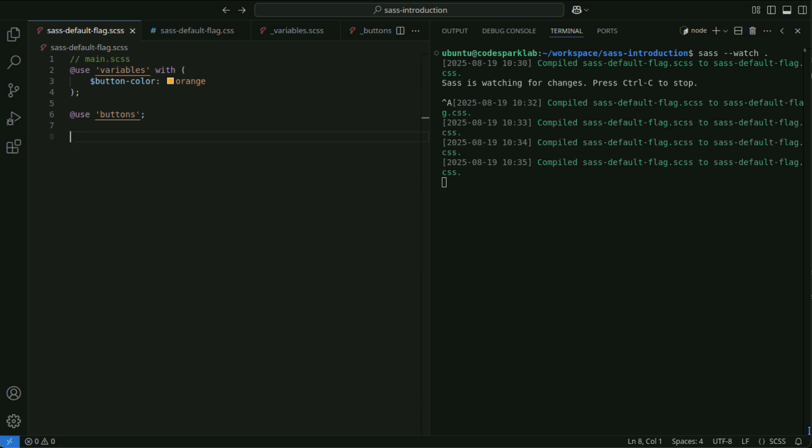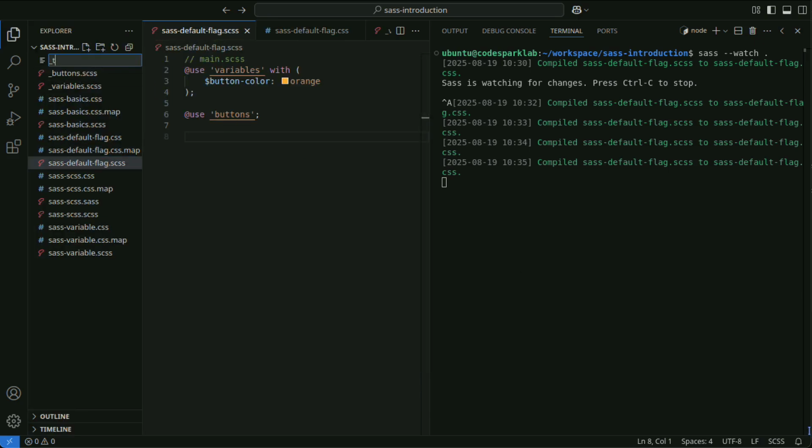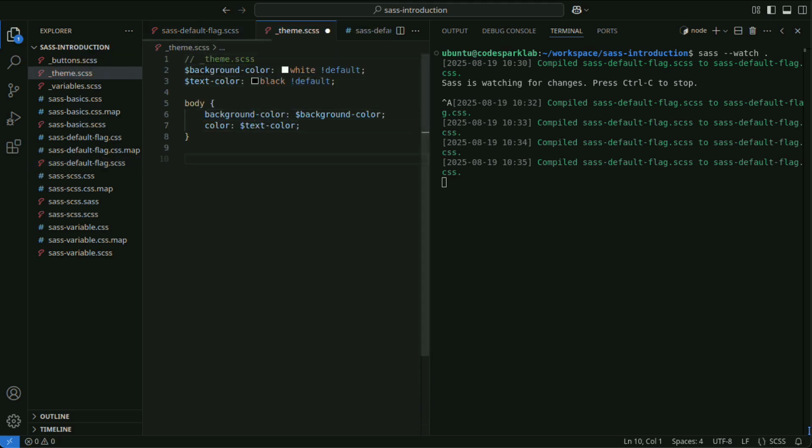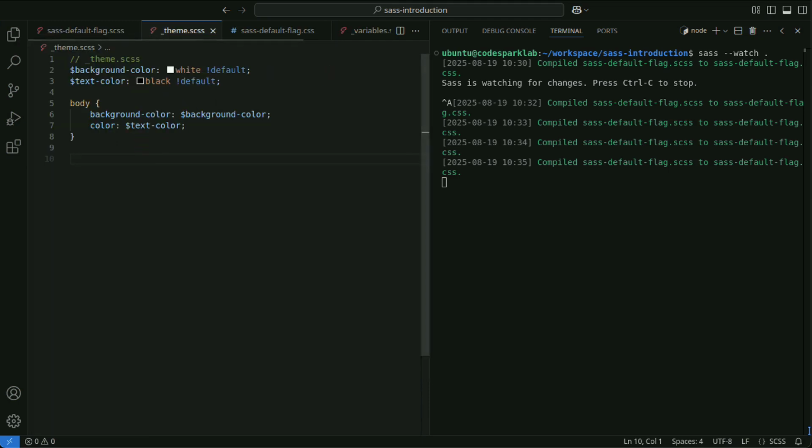For example, when creating a library that supports themes, you can use default to provide customizable default values. Defining $background-color and $text-color with the default flag for the theme and applying them to the body.